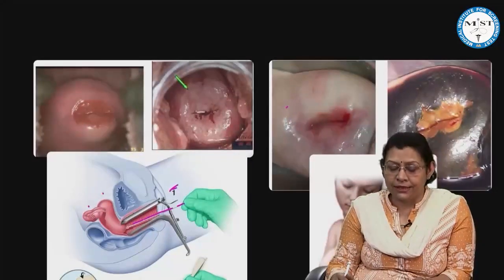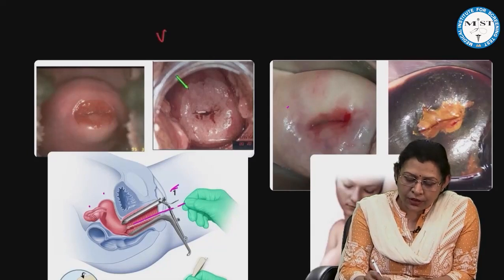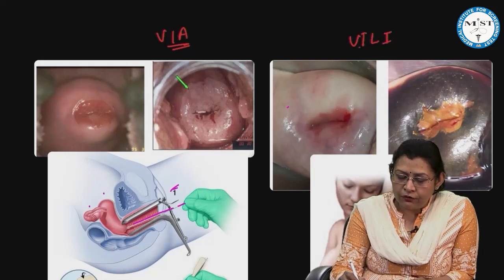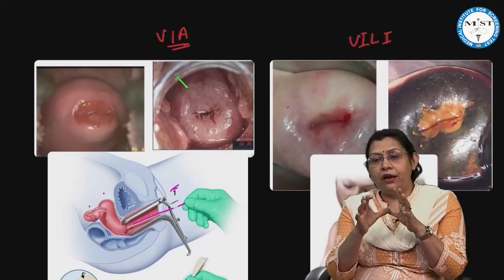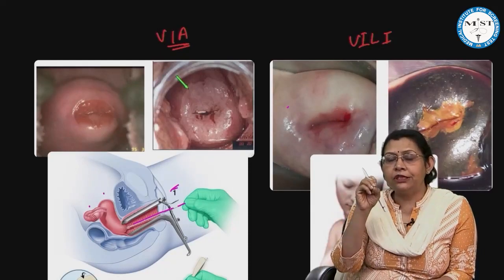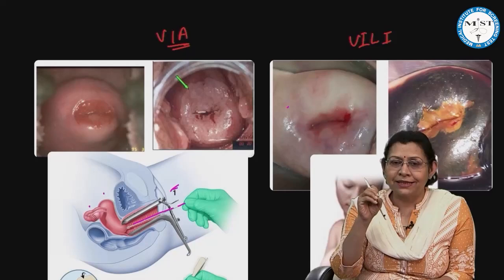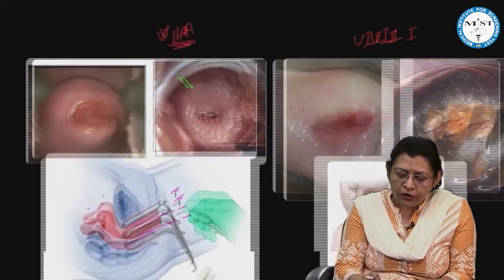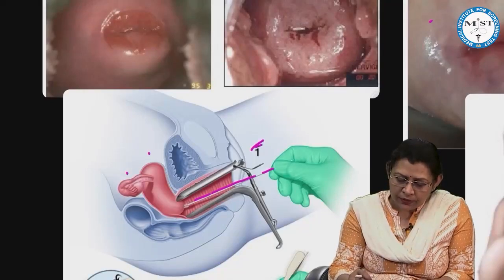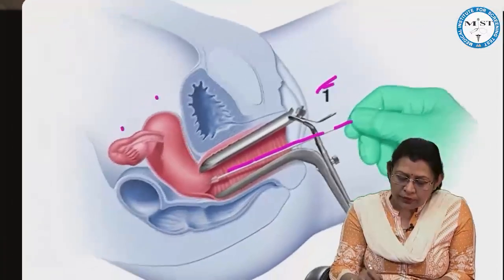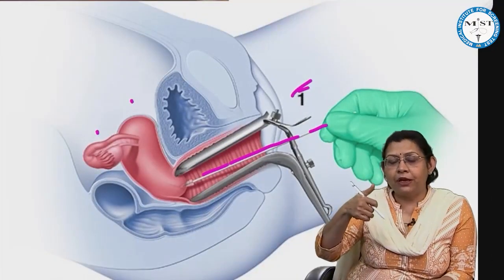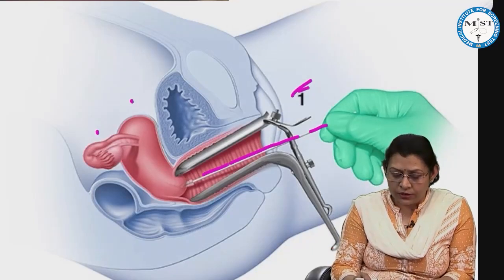It is a very simple test, and this is the image for the VIA test and this is the image for the Lugol's test. Now, what we mean by VIA and what the interpretation is, that is very important. VIA is the visual inspection of the cervix after acetic acid. What we do is put a speculum in. This is the Sims speculum or the self-retaining speculum, although this is the image